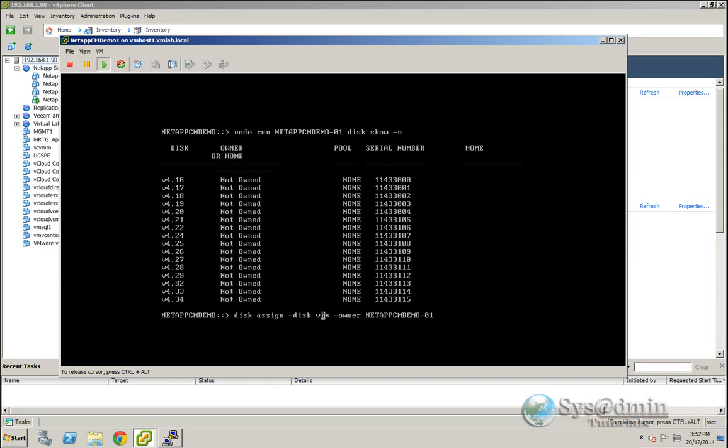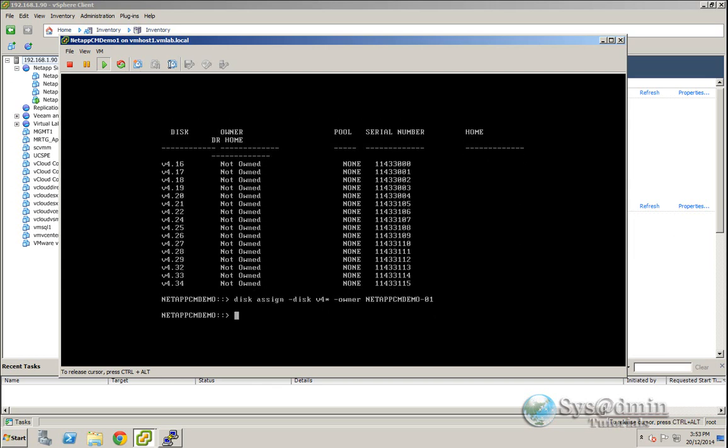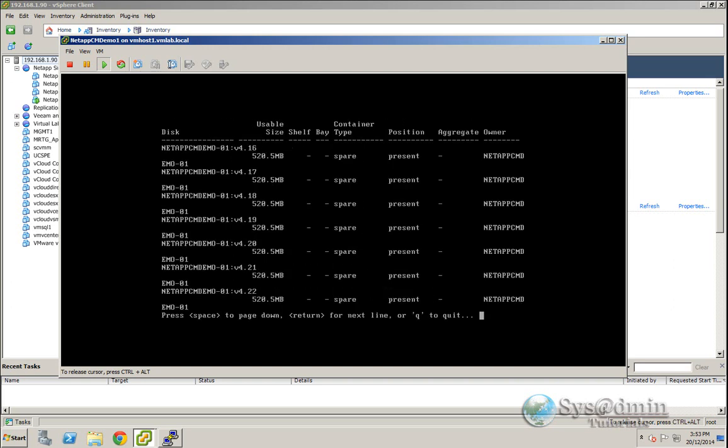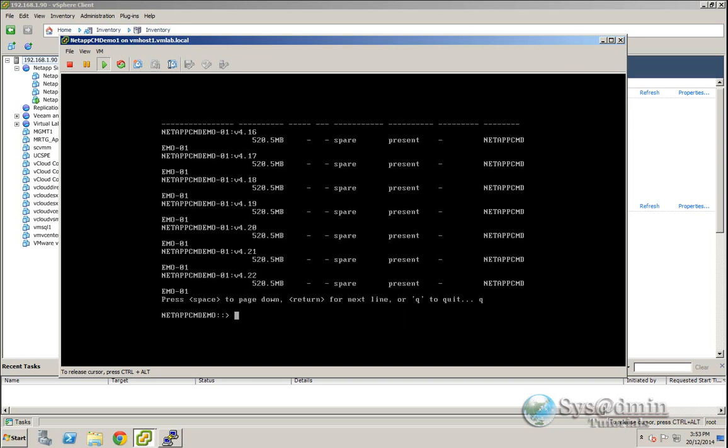And we'll just change this V6 to V4, asterisk, and the owner being Netapp CM demo -01. So those disks are now assigned to this controller. If I go disk show, we can see that these V4 ones are just put in as spare disks. So I'm going to just minimize this window